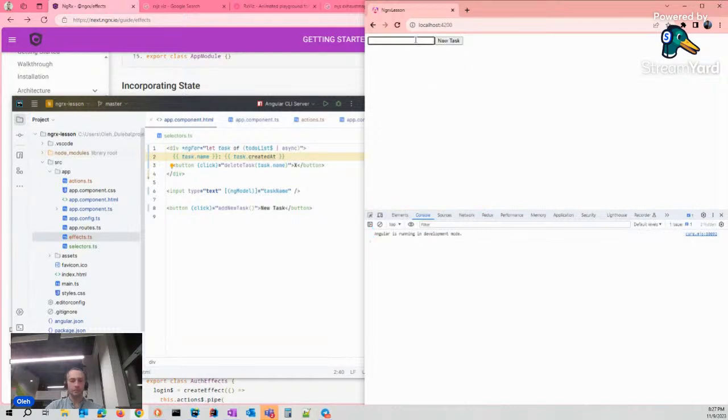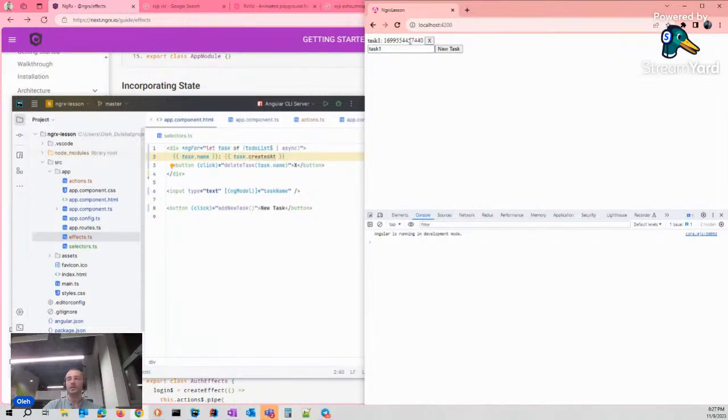Let's see how it will work. Task 1, new task I create. As a result, my name that was saved with just the reducer and some value.